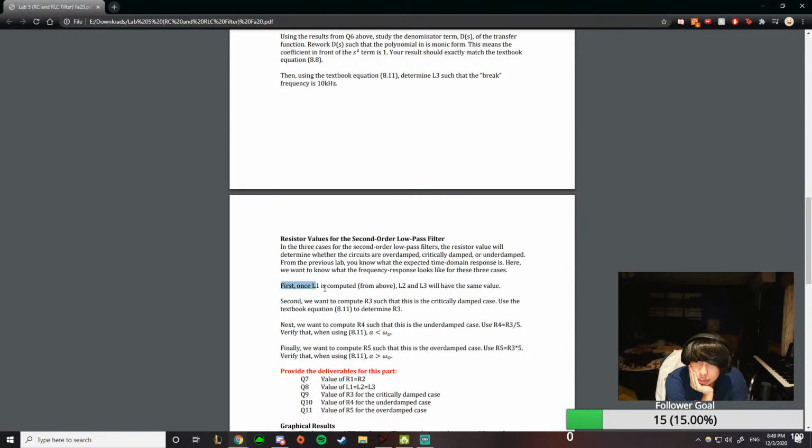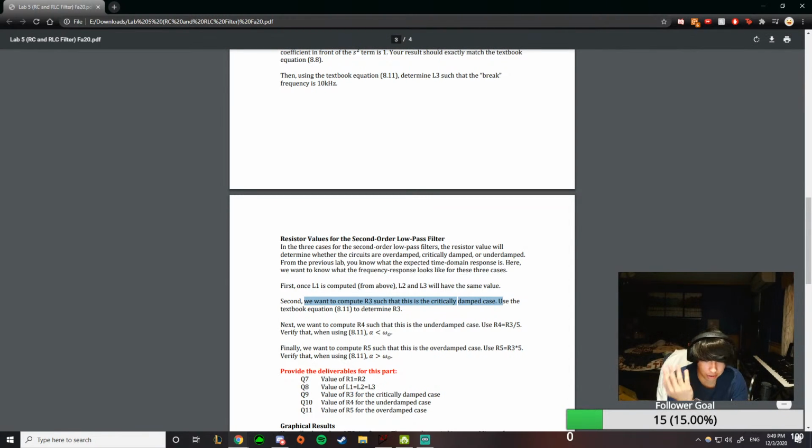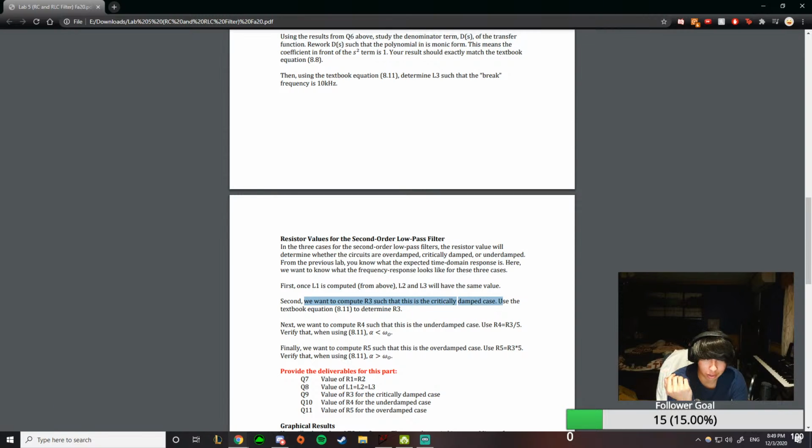Okay. First, once L1 is computed from above, L2 and L3 will have the same value. Second, we want to compute R3 such that this is a critically damped case. Oh wait, alpha is equal to omega if it's critically damped. Duh. Everyone knows that. Okay. So, to find R3 for my critically damped thing,